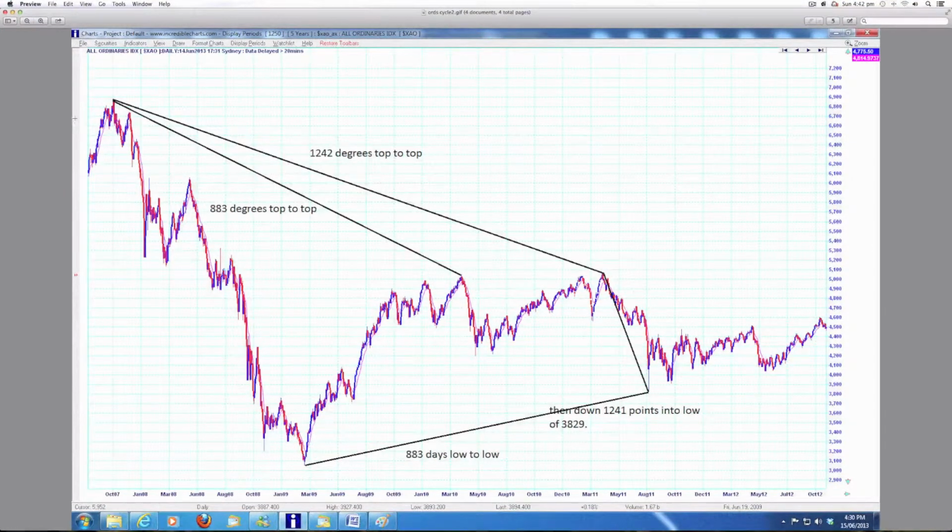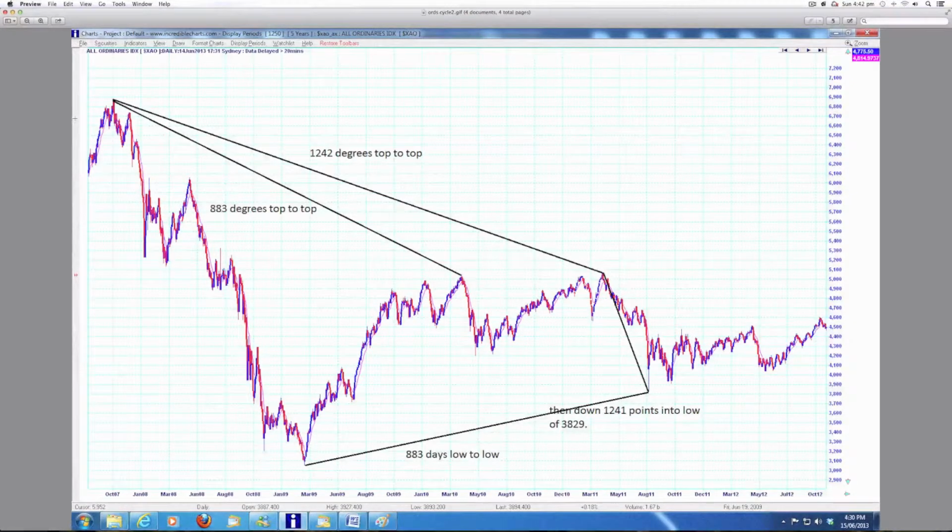And we have some more numbers that have to be written down. This has gone a bit forward after that 5070 top, that bull run up at 2018 points from the GFC low. Now we're looking for the major low 6873 back in '07 to the '11 date, which is 1243 degrees